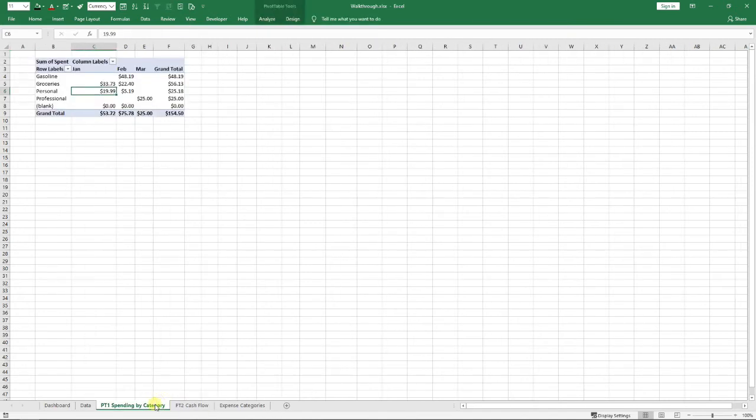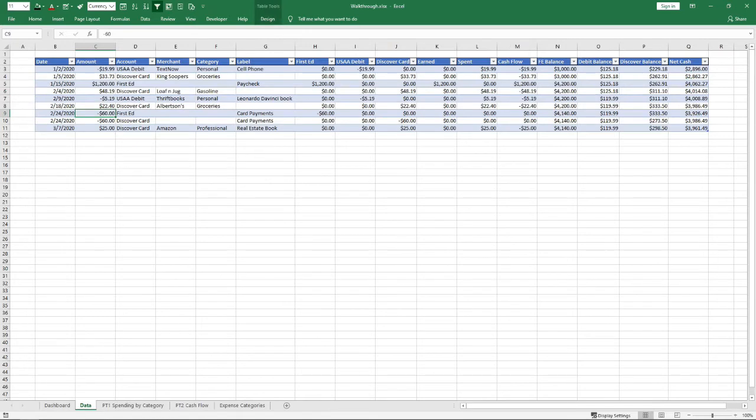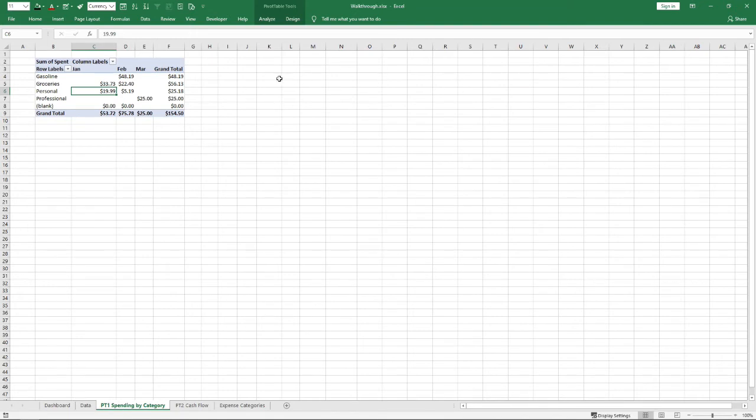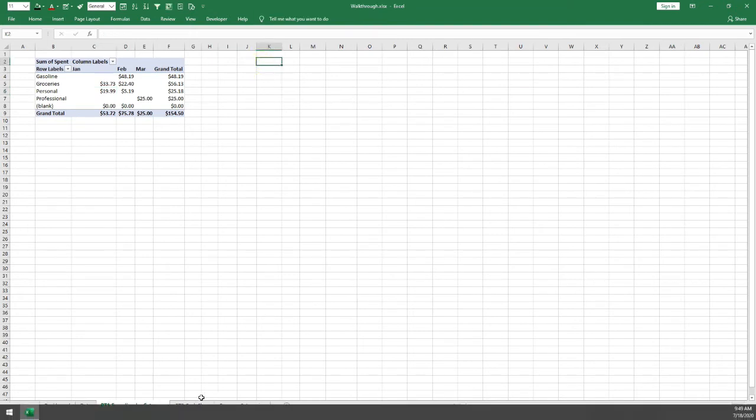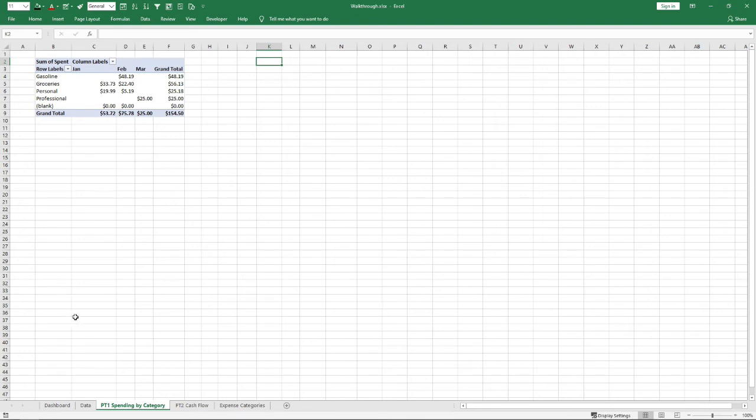Now we're going to do the exact same thing over here on the cash flow side, except of course this side we're going to do slightly differently. If you're thinking about putting your pivot table down here or off to the right, you might ask, Xander, why did you put it in a new sheet? Why not just put it to the right or to the bottom? Well, the problem is that as you add more expenses or more categories, this pivot table will grow. And it's not necessarily going to have all of the months, because you're going to be using the slicers. But it sometimes could have the months when, for example,